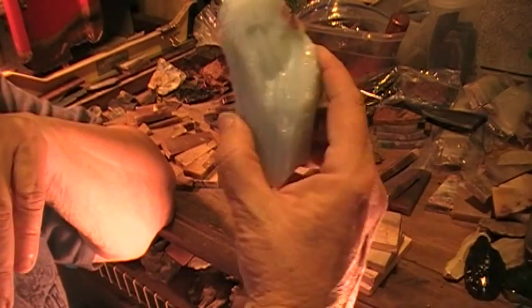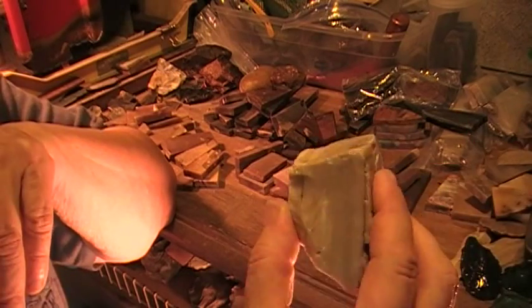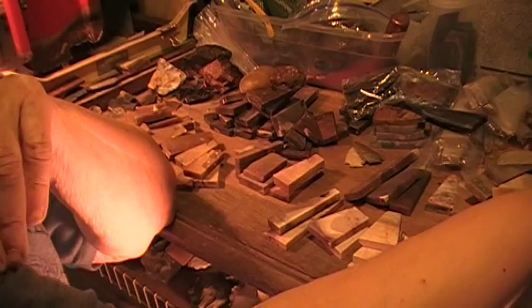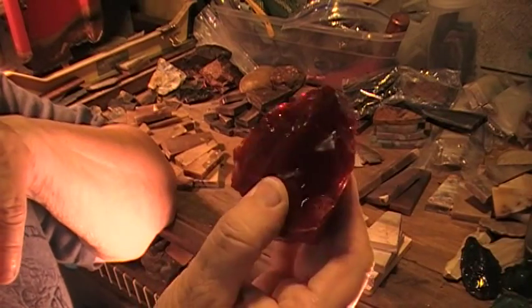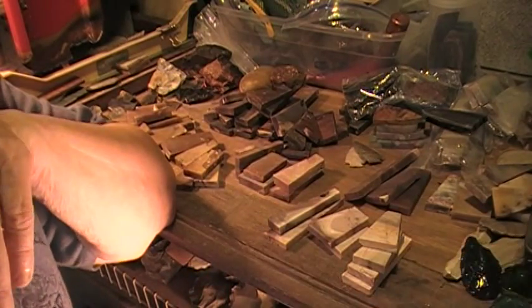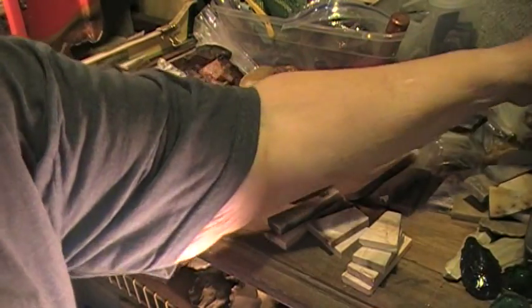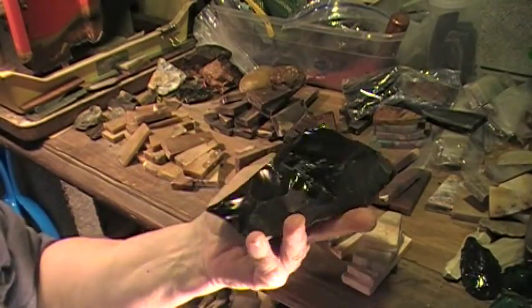Here's a nice blue. Now those are just, as I said, slag glass. If you can find it, grab it. Sometimes it's got flaws in it, but then other times it really makes beautiful points. But the natural glass, the obsidian, if you can find it, this stuff is great, and this is a rainbow